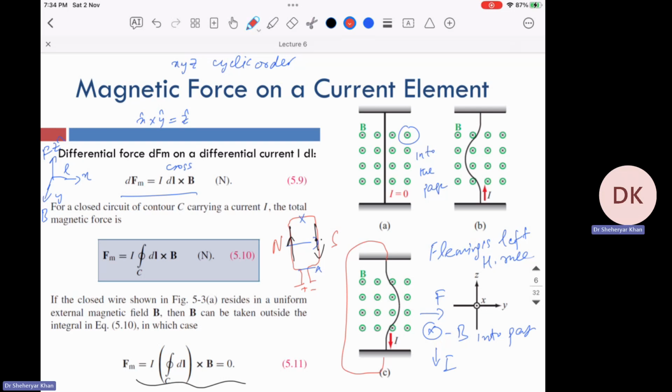Remember, cross products are very interesting. The maximum force is when the conductor is perpendicular to the field. But if I move the conductor so that the field and conductor are both parallel, then the force is zero because sine zero is zero. We use the formula I L B sine theta, where I is the current, L is the length of the conductor, and B is the magnetic field. And one more thing,